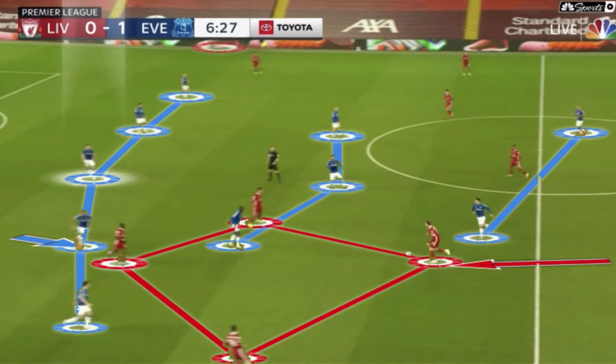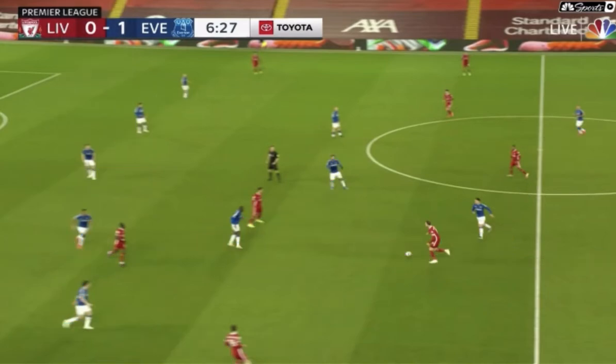And then we will also see how they were able to close down wider areas with Coleman jumping, Doucoure sliding over with his three-man midfield to block off Firmino, and then as well the two forwards shifting over to create more access to the ball. So continuing on now,